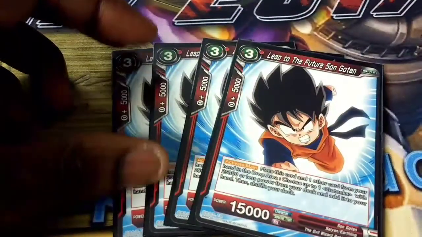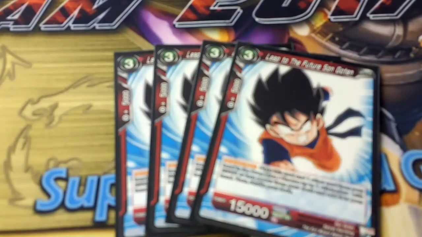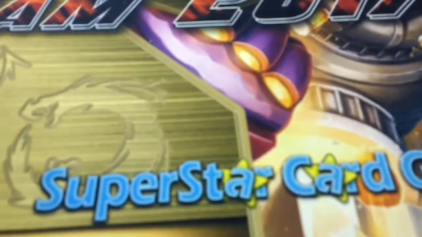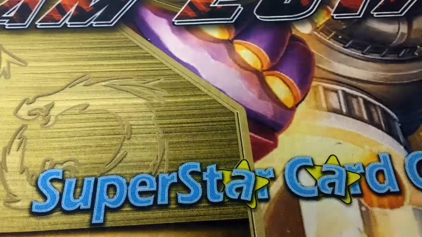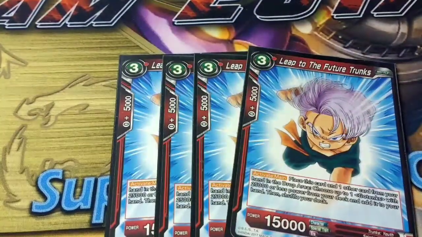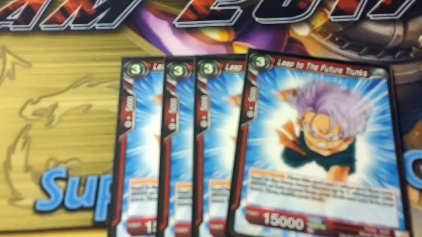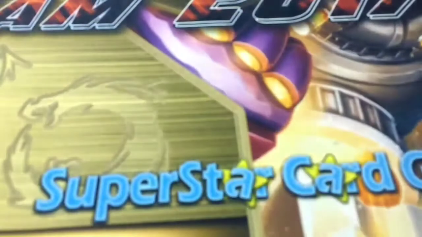Next up for Sun Goten, he's in there because he can search out Go Tanks, like any Go Tanks, with his ability Leap to the Future, and you can discard him as well as a Trunks to go into the drop 4 Go Tanks for just 2 energy. And it really doesn't matter as much because you get off so many attacks early game. Then Leap to the Future Trunks is in here for the same reason that Goten is in. Alright,